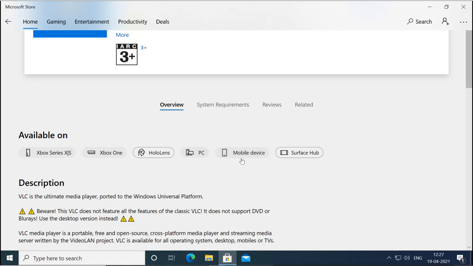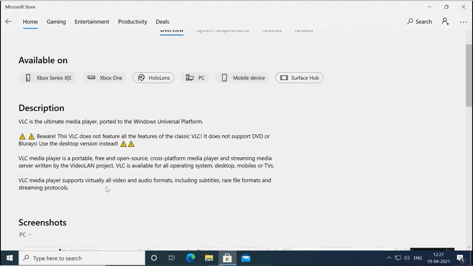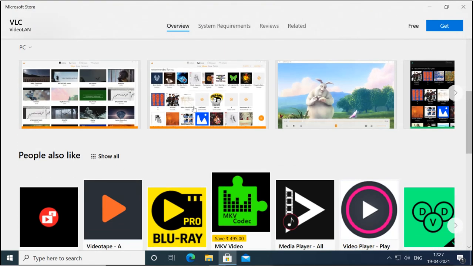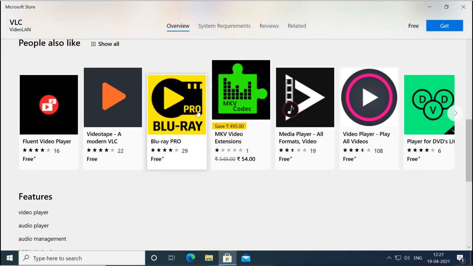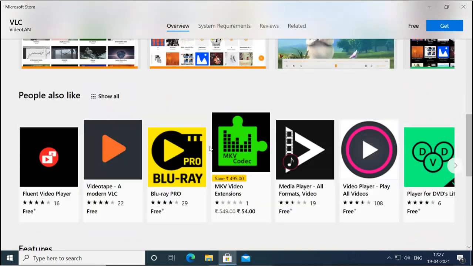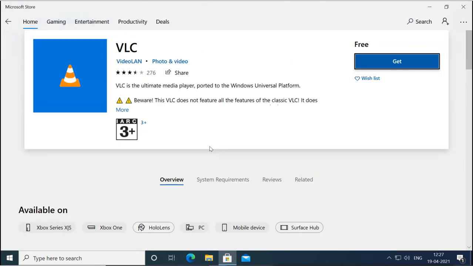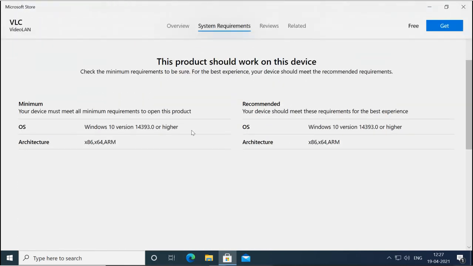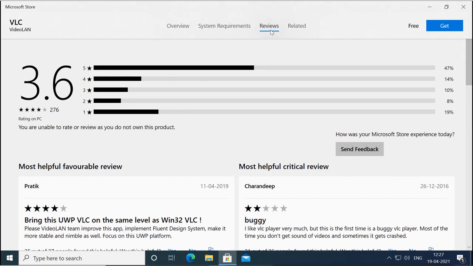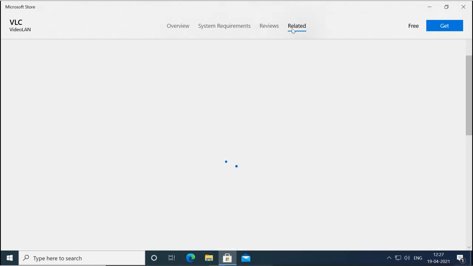It is not only a desktop app. You can see the description and the screenshots, and other similar applications. You can check system requirements, whether your machine fulfills the minimum or recommended requirements. Then you can check reviews, and also related apps.